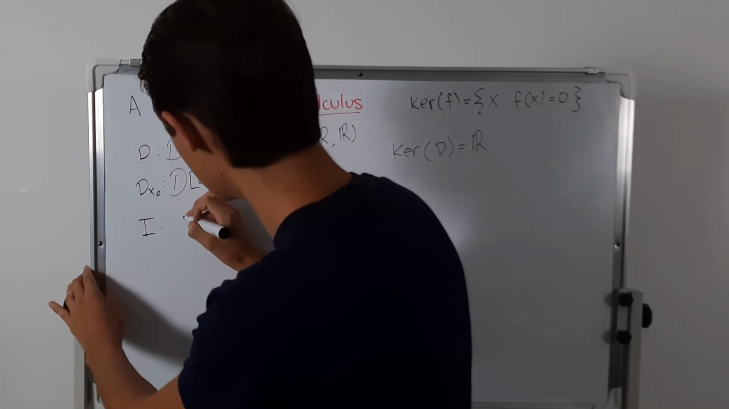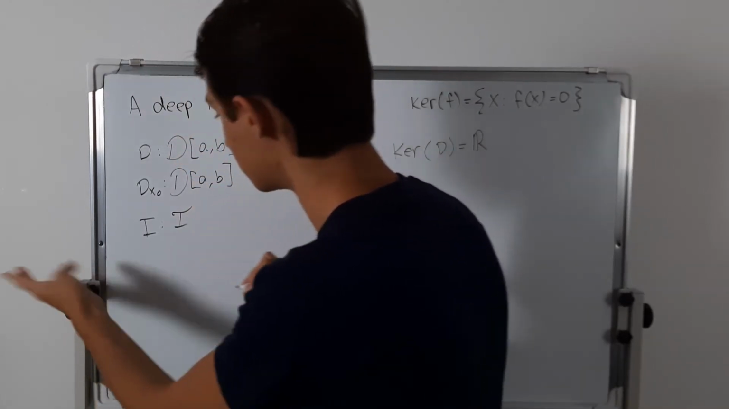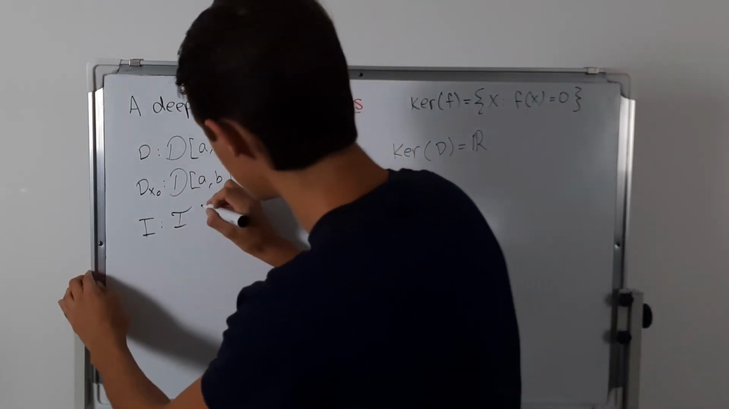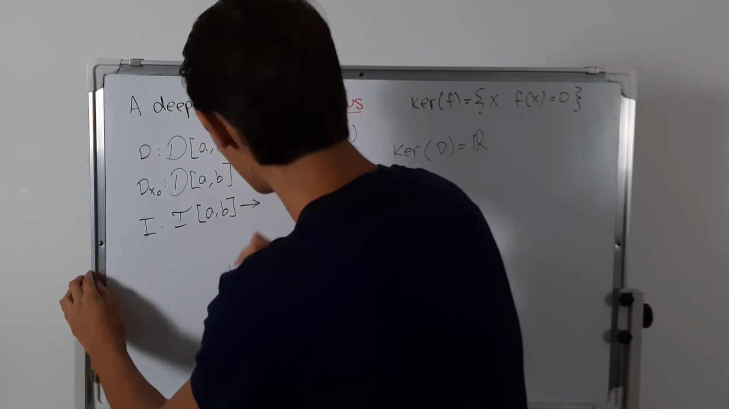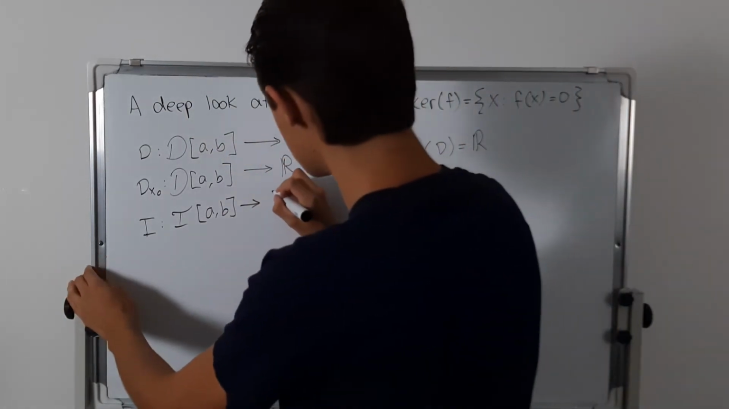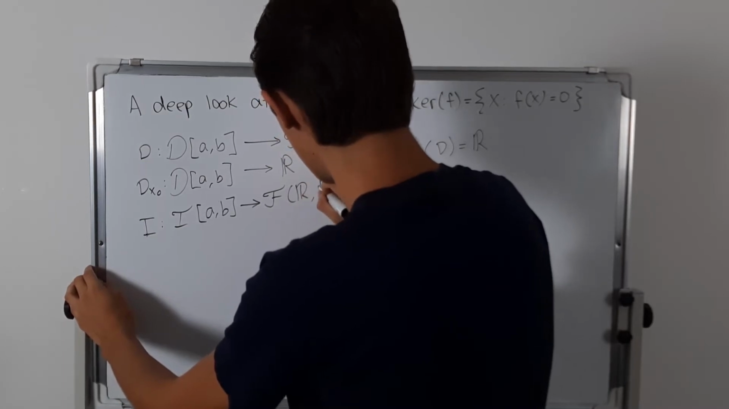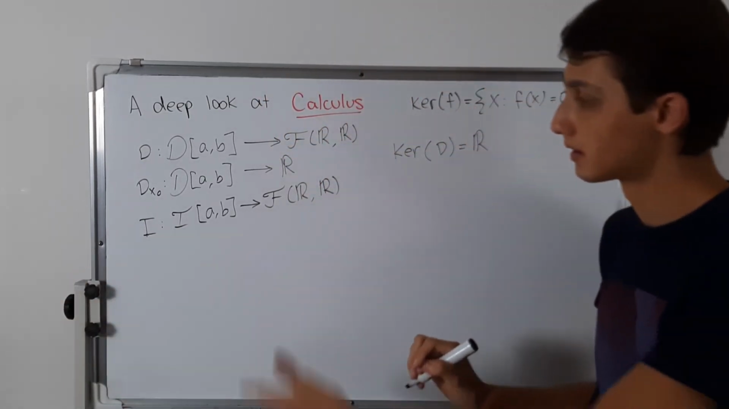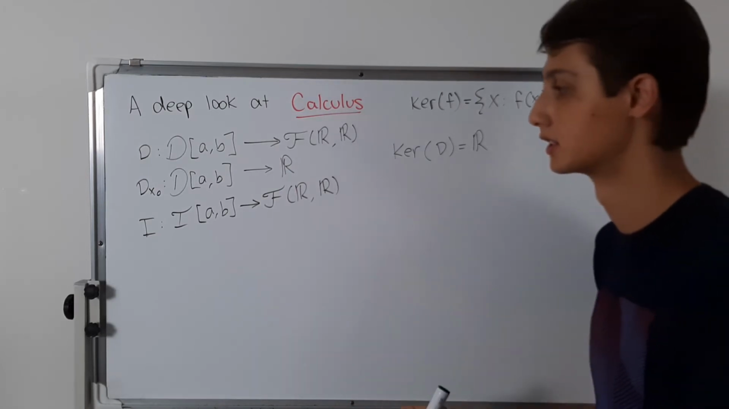I don't really know how to do a calligraphy I, but I can do something like that. Integral functions on A to B, that is a hard word to say. And then our output is again just going to be functions, so functions from R to R. They might not be continuous, so I'm not going to say it's the continuous functions, because they could totally